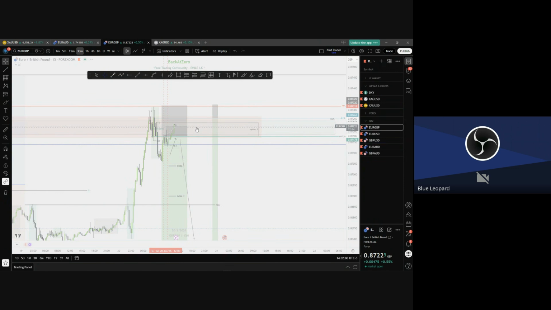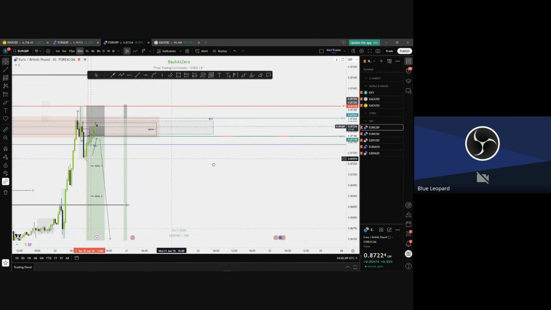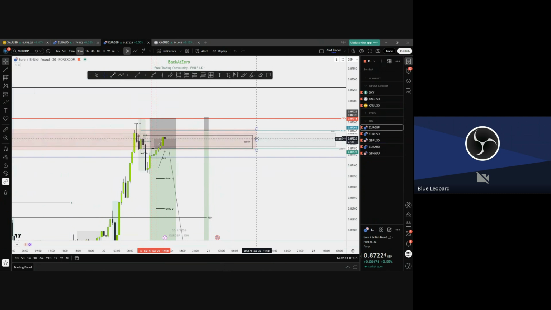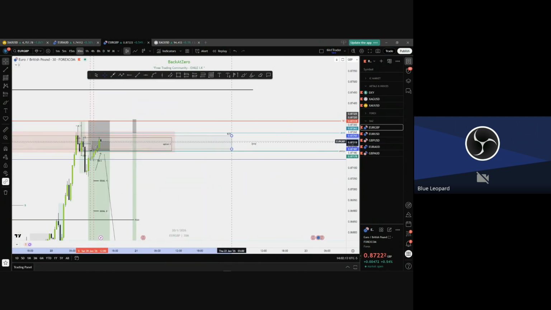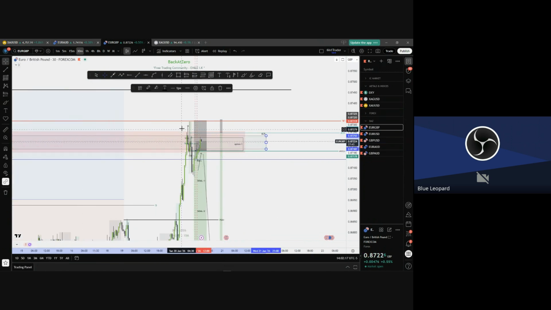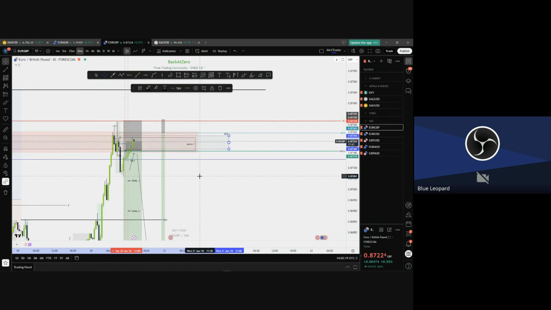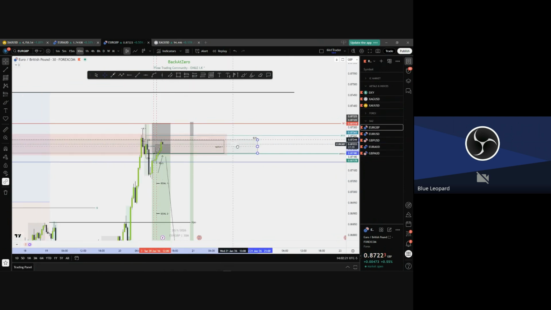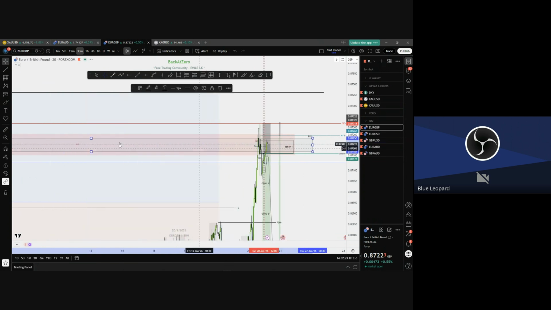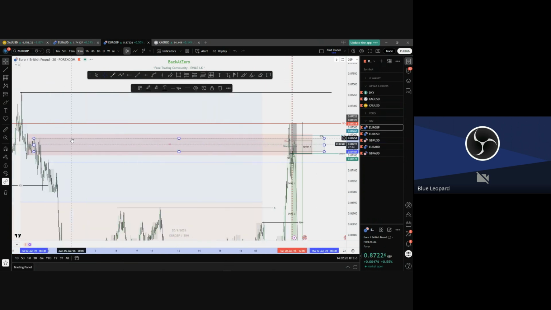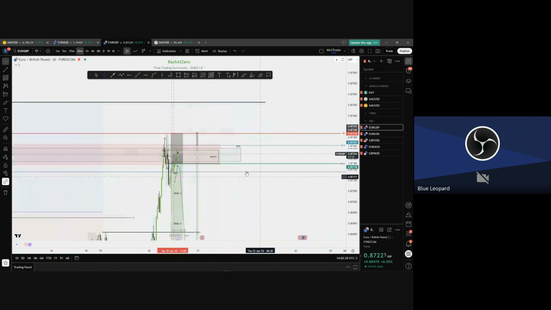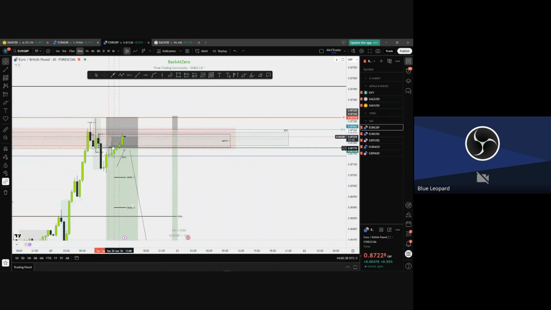Look, you see this one was M30. This is one, the M30. Price came here, created a move, and gave us another M30. Let me mark it so you can see. Where's the M30? You see? Here, we have a sell.